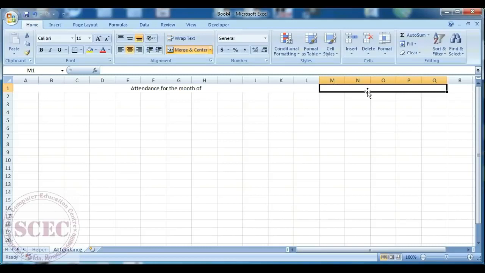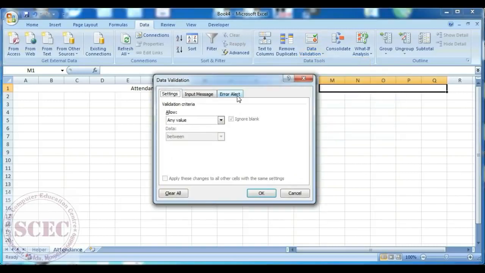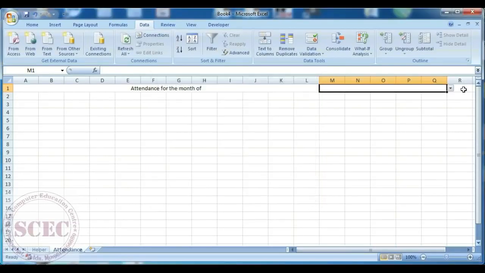And here we are going to build a list of months. In this case, data validation will help us. To get this, go to the Data tab and click on Data Validation. This data validation will help us to make a list. If you want to learn about data validation, you can click on the i button here and get the link in the description below. So in the Allow box, select List. After that, in the source, type equal to months. Then click OK. See, you have got the list of months.